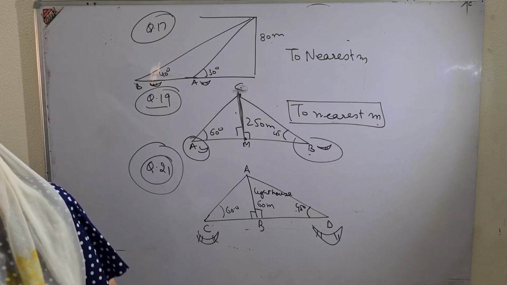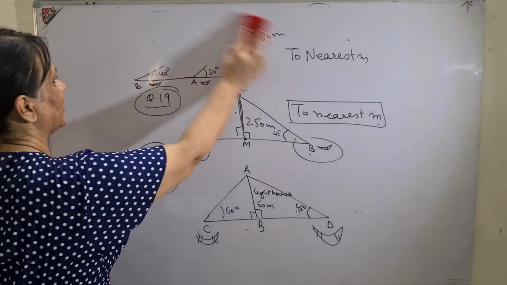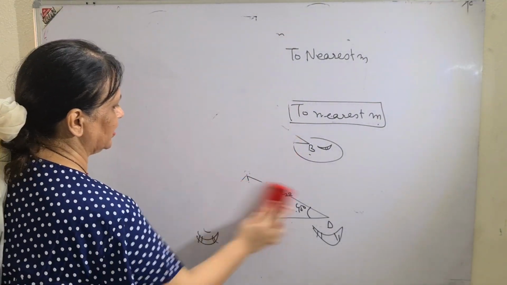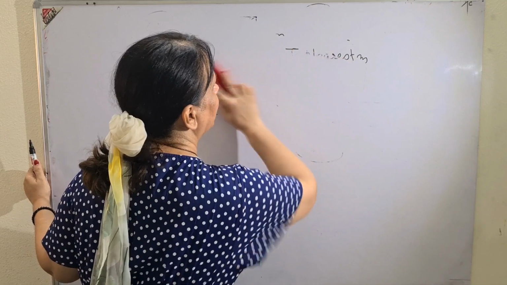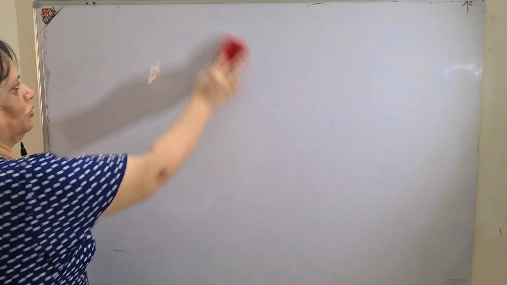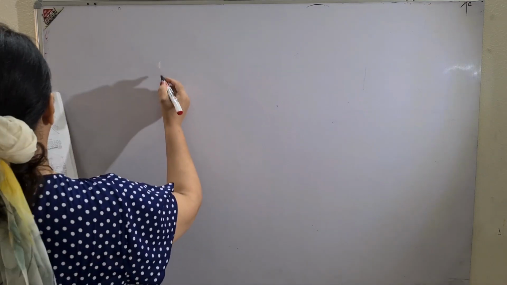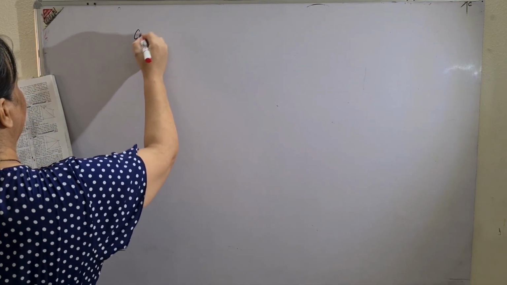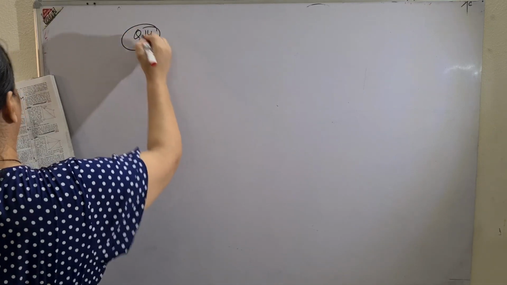Now the last sum of this exercise that I will also discuss with you. No doubt it is very, very easy, but I want to discuss so that you don't have any problem at all. So question number 13, 14 and 16 are same. So I do the question number 14. Just read the language with me.